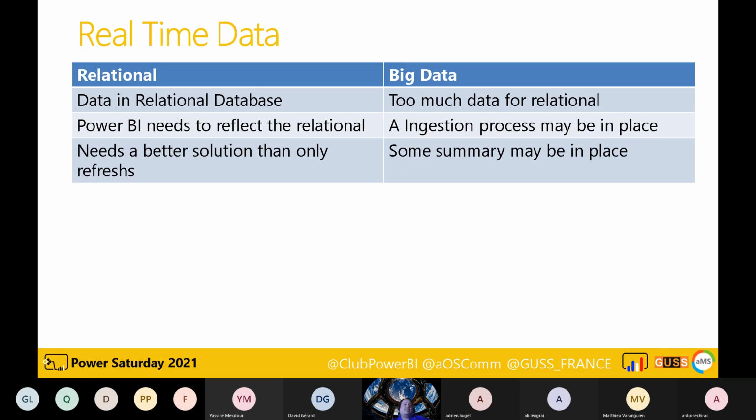would be something different. But the dataset to query the relational database every 2 seconds is something that is not really a good architecture. It's not really a good solution. We should not go with that. And in relation to big data, we may need some summary of the data